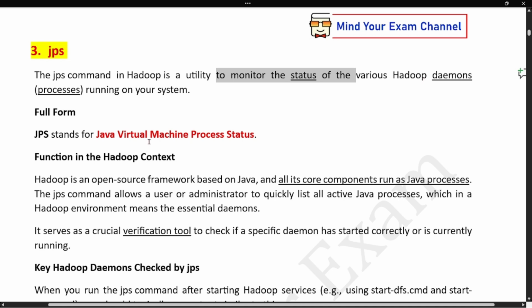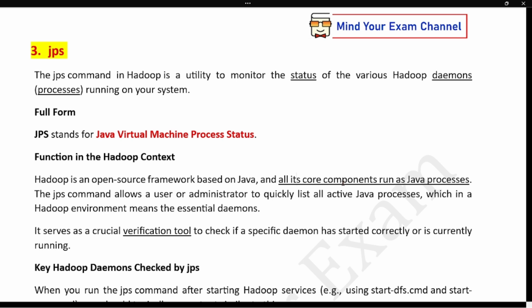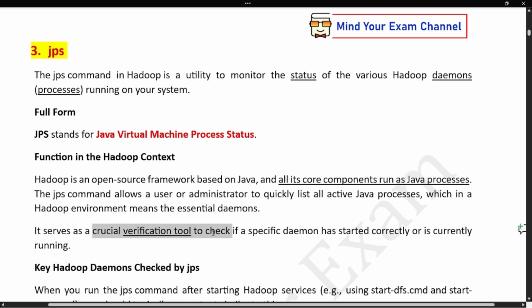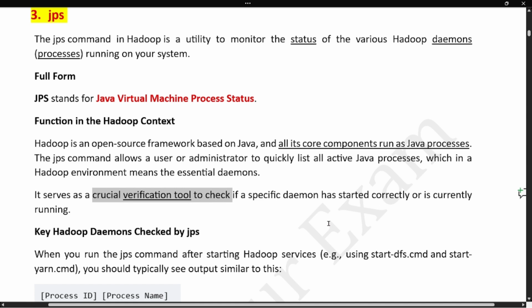See, Hadoop is a framework that is completely based on Java, and each of the components, each of the processes that are run in the Hadoop are run as Java processes. So the node manager, the resource manager, the data node, and the name node, all of these are Java processes. That is why if we want to check or verify which processes are currently running in Hadoop, you type the JPS command.